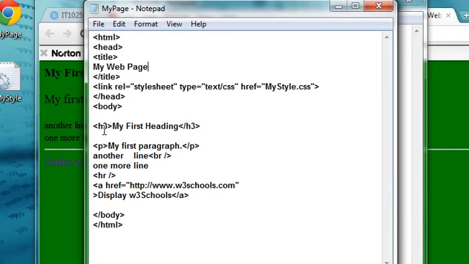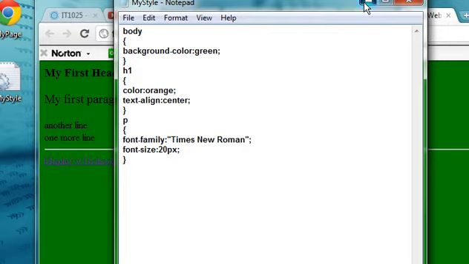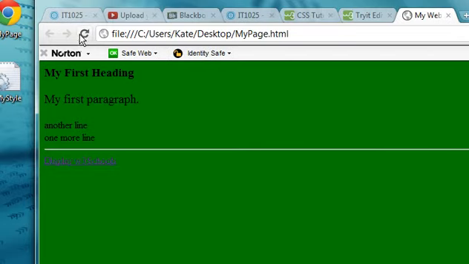Keeping all this straight is the first big task in dealing with HTML. So if I change this to an H1, same here, and then save our page, minimize them both, and once again refresh our web page